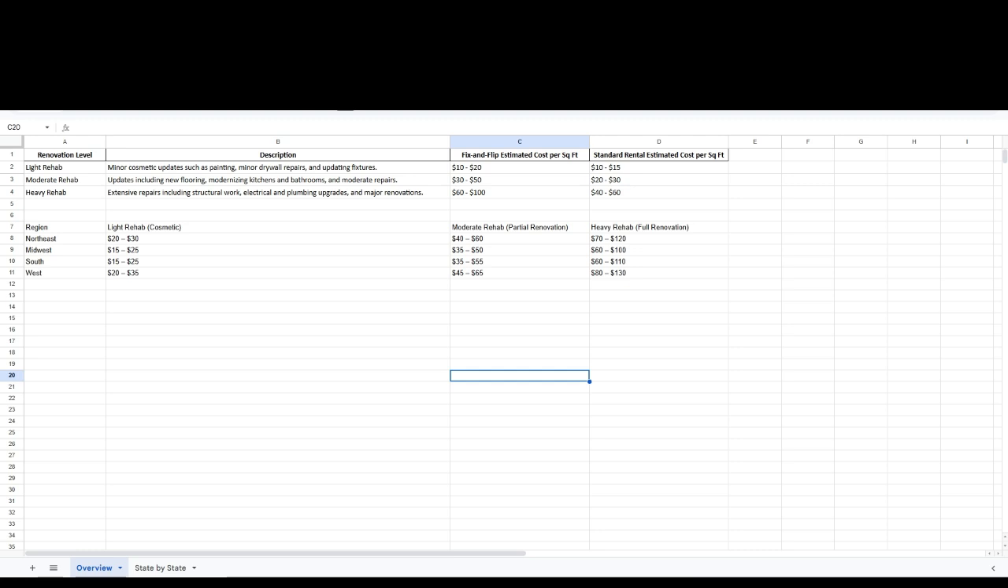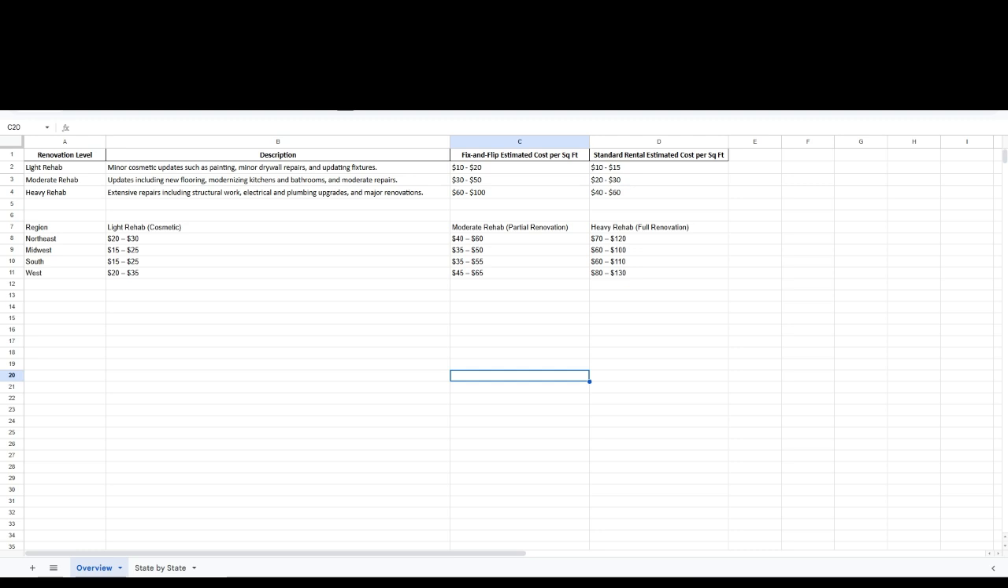Moderate rehabs, updating and including the floors, modernizing the kitchen, the bathrooms, and bigger updates other than just the light fixtures and the plug fixtures. That's going to run you about $30 to $50 on a fix and flip and about $20 to $30 on a rental. A heavy rehab,